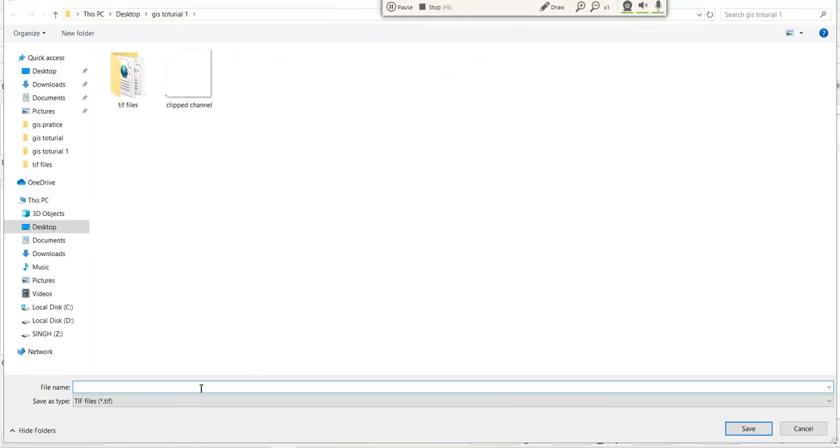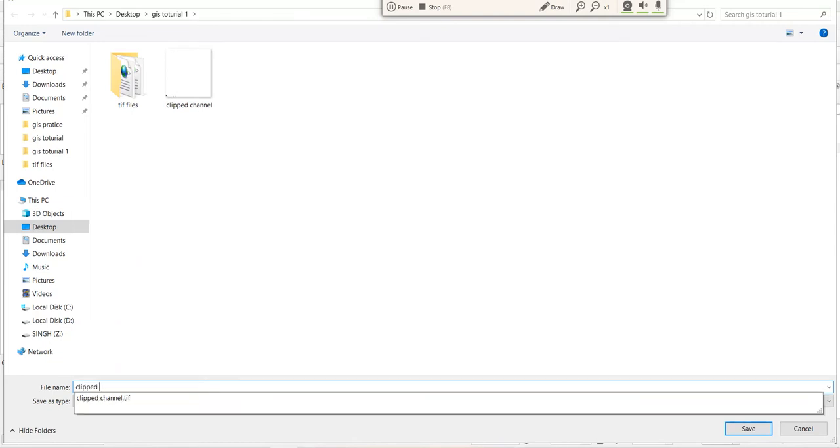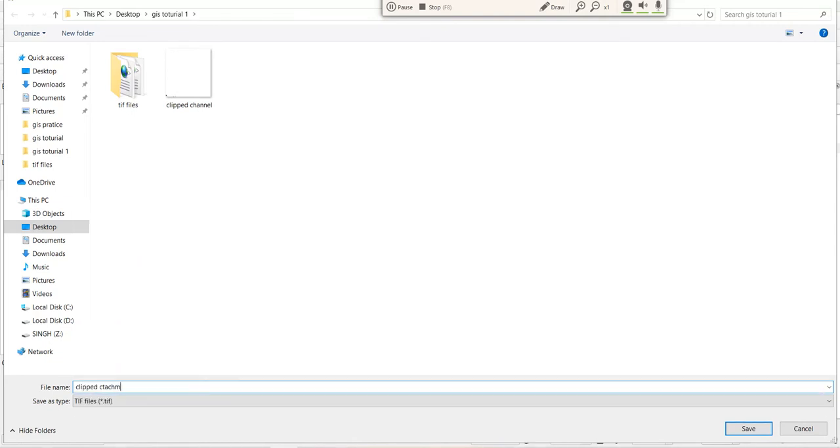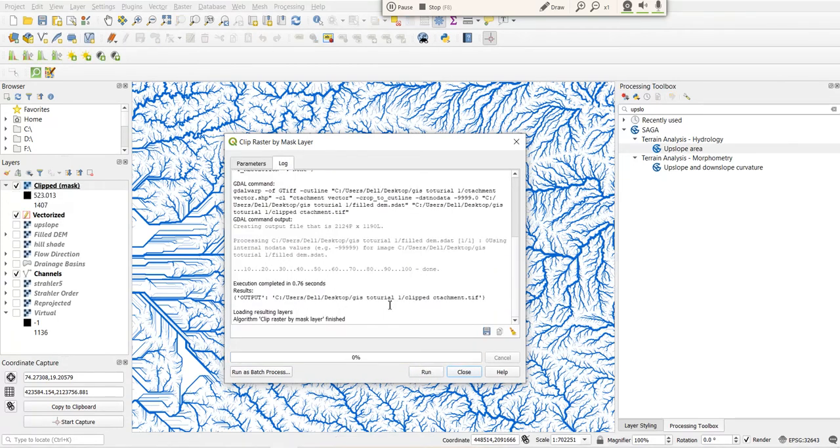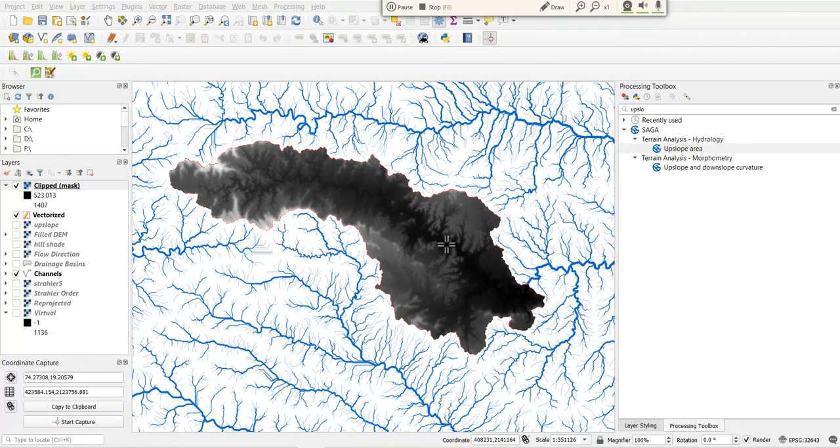I will save the file as clipped catchment and save it, and let's run. So now this is clipped here.